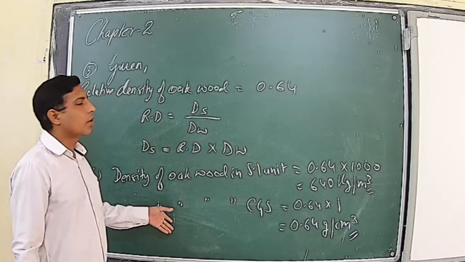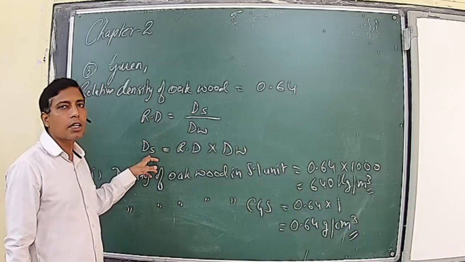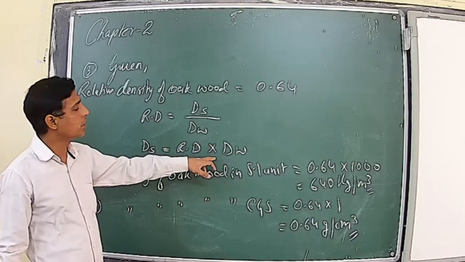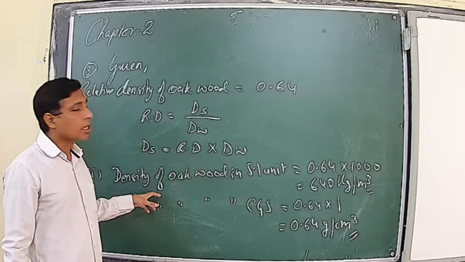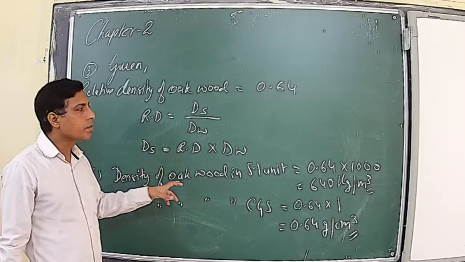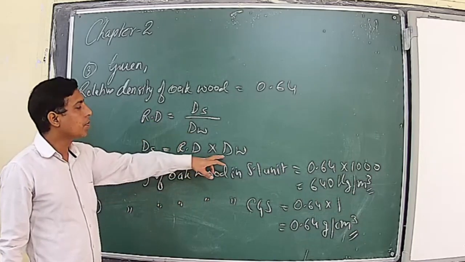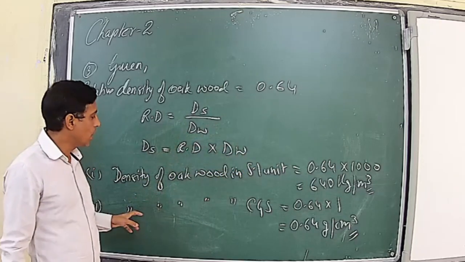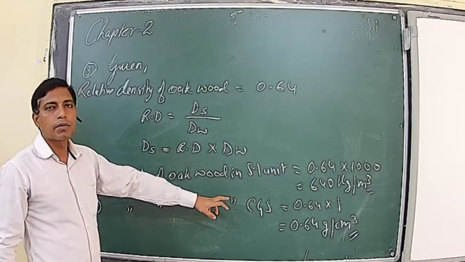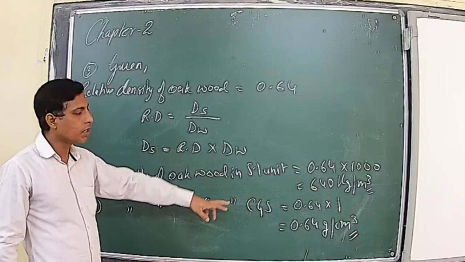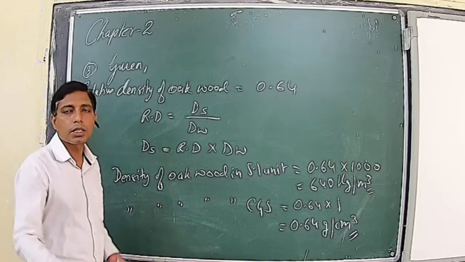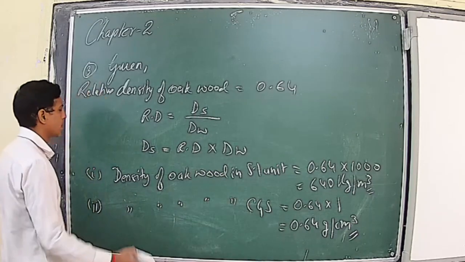So from this numerical, what we have done is that density of any unknown substance is equal to the product of its relative density multiplied by the density of water. Now whenever you have to find the density of any unknown substance in SI system, you will put the value of density of water as 1000 kilograms per cubic meter, and if you have to calculate the density of unknown substance in CGS system of unit, then you will put 1 gram per cubic centimeter. So this is how simple numericals are asked from this topic.